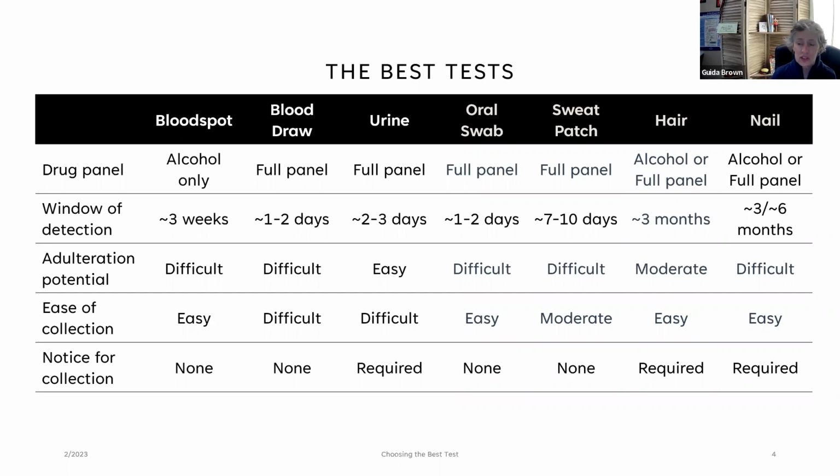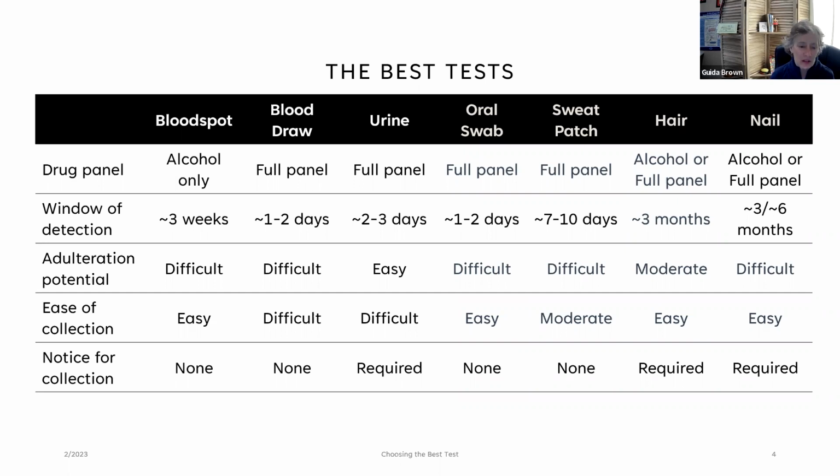The adulteration potential is difficult. We know that they're getting their nails because we are watching them put their nails in front of us into a bag. So we know it's only their fingernails. The ease of collection is easy enough once they have those fingernails, and the growth level is about the length on all 10 fingernails of the ridge of a quarter. So you put a quarter flat on the top of somebody's fingers. If the fingernail comes up over that, generally on all 10 fingers, you'll have enough nail.